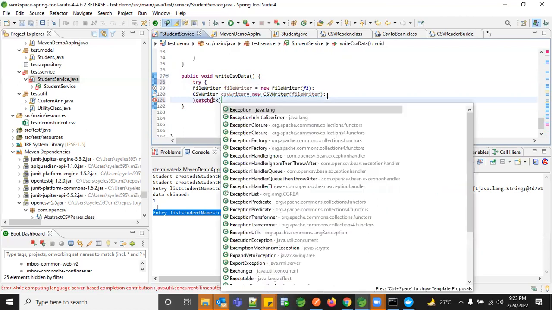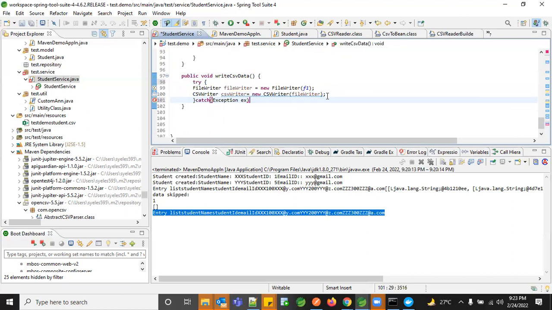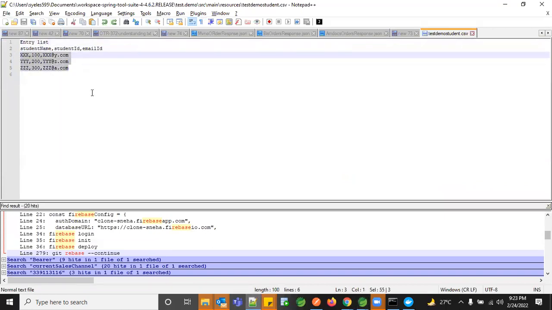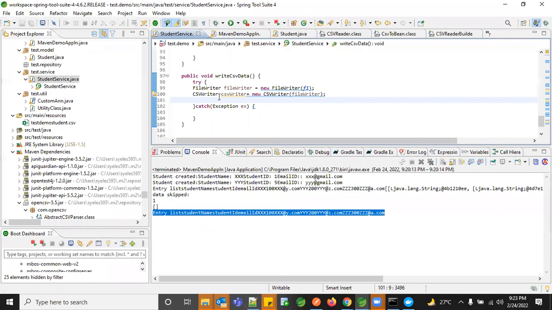Okay. So now you have your CSV writer object ready. So we are going to write something into it. To write something, we need two sections in a CSV file. One is your header part and the other one is your data part. So first let's create our header part, like what type of information we want, and everything is taken as a string array. So let's take this as string headers equal to, and what are the headers you want as part of the CSV file? You can name a few.